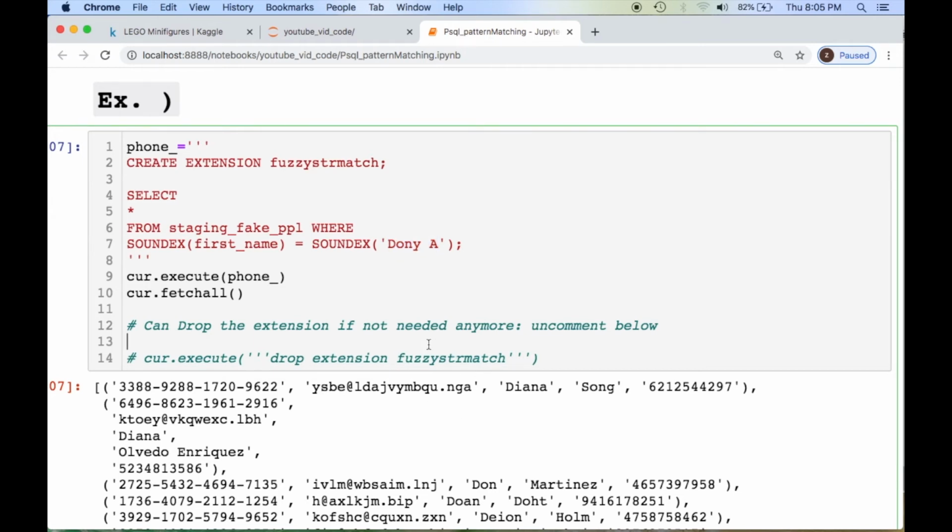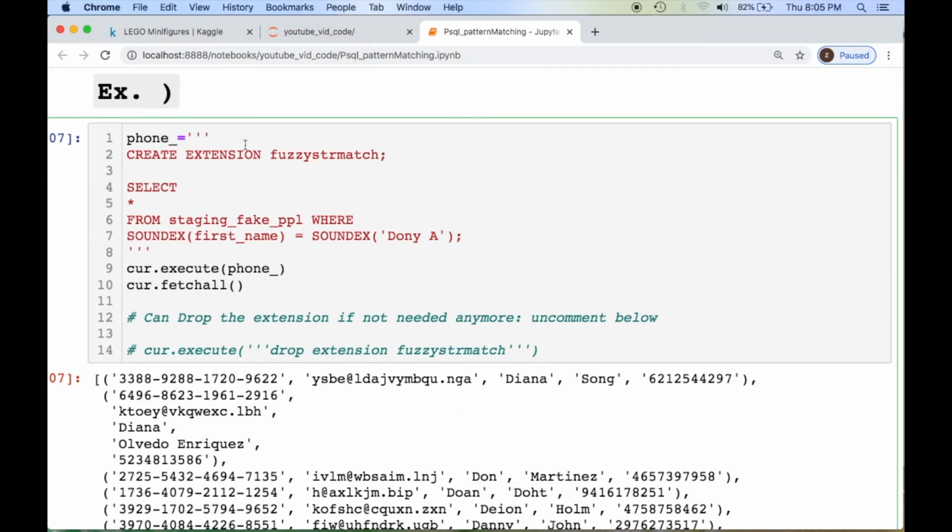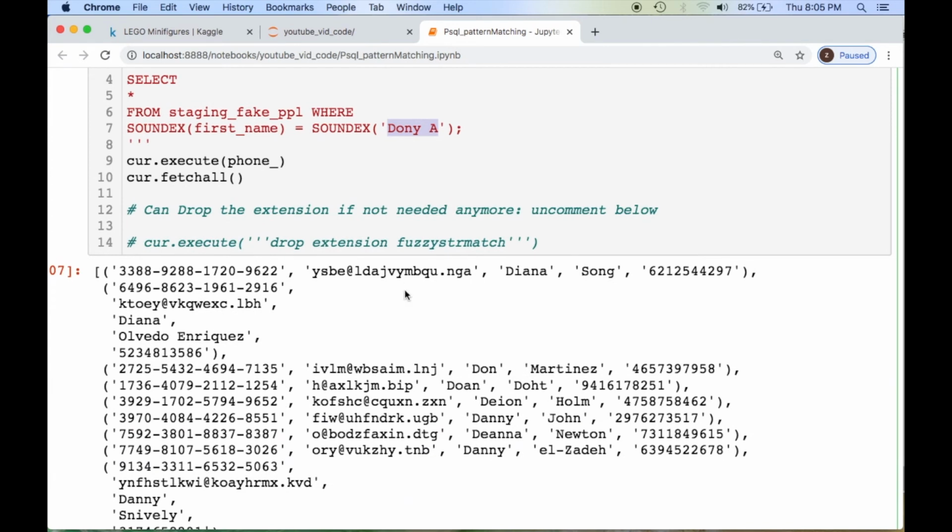Maybe they're from a place where they don't enunciate. I don't know. And we look for this name using the fuzzy string match. We're using the where clause where we're calling in this little library or function. I don't know what it exactly is, but it's called SoundX. I'm taking my first name with whatever phonetic identifier I'm using and chucking that in and seeing what I get thrown out. And these are the names that closely match whatever I'm looking for phonetically.